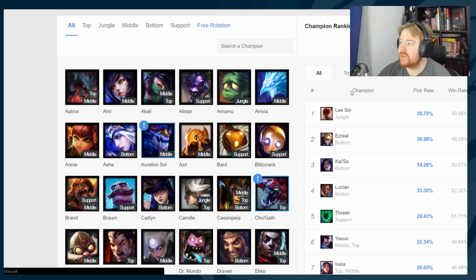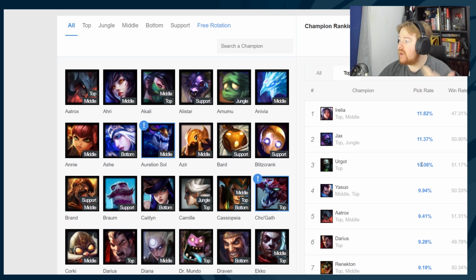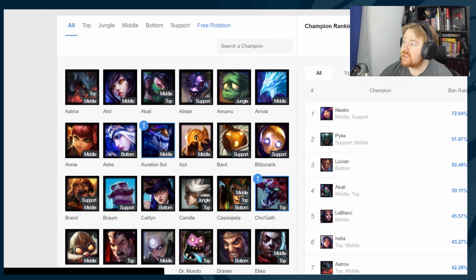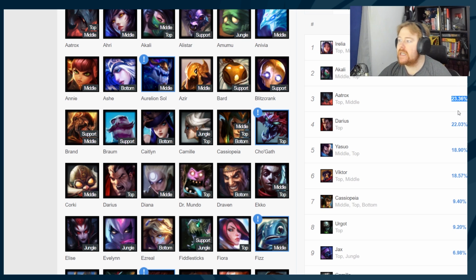So the highest picked champion, and again, change it to whatever, is Aurelia, and then Jax, and then Urgot, and then Yasuo, and then Aatrox. Again, those top 5, that makes sense. If you guys are playing ranked at the moment, it's like, yeah, that makes sense. And then if you go into the ban rate, and you go to top, well, Aurelia, who's the highest picked, and then there's the Akali, there's the Aatrox. It all makes sense,